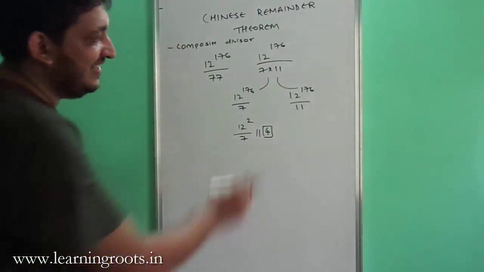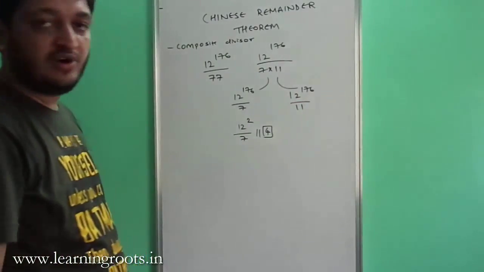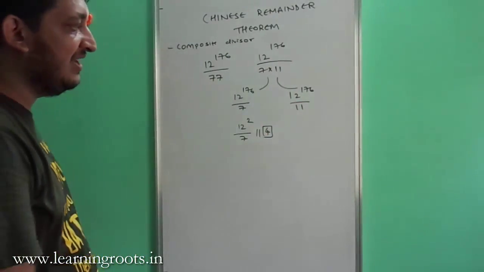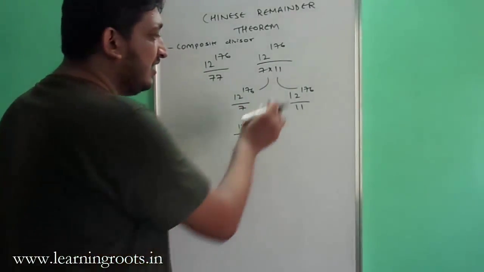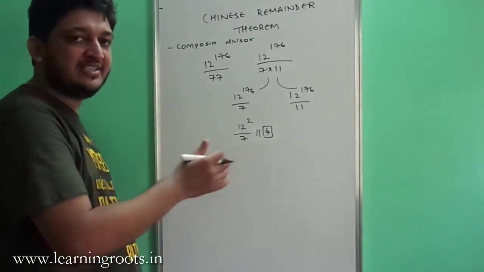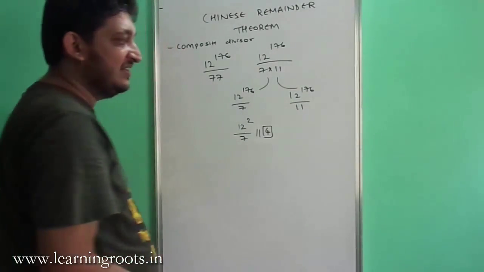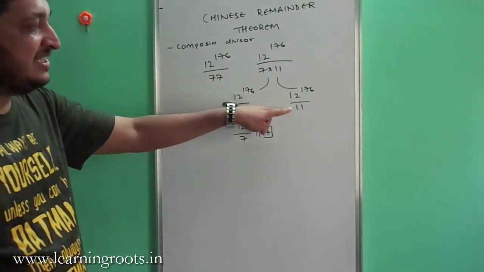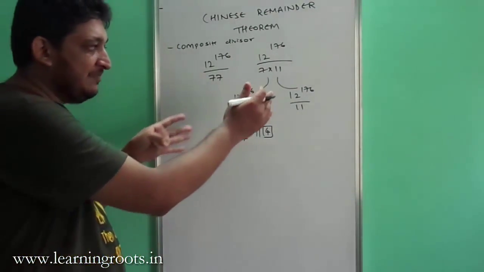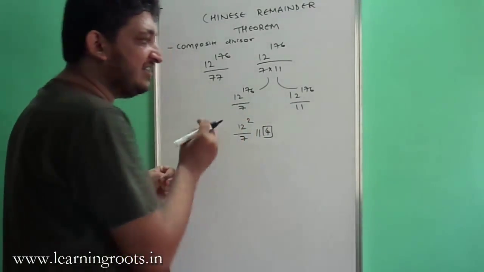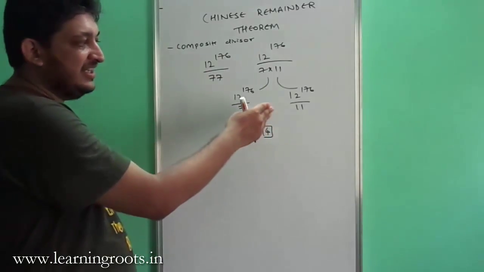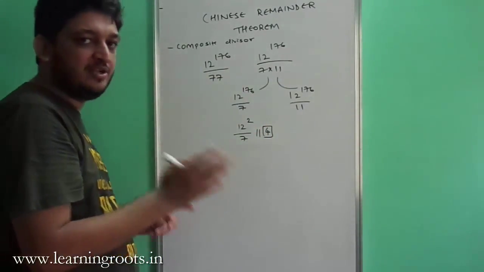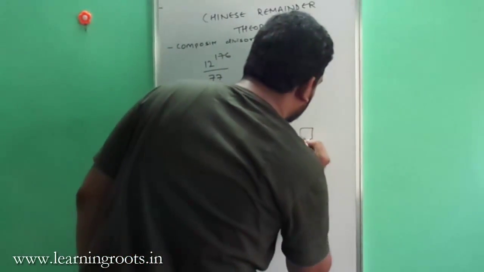Now if you are doing 12 raised to 176 mod 11, then the Euler number for 11 is nothing but 10 because it's again a prime number, so 11 minus 1 will be 10. So 12 raised to 176 will become 12 raised to 6 mod 11. But then again you can see that 12 is nothing but 11 plus 1. So if you expand it binomially, you will find that every other term will have 11 except the last term which will be 1. And so 12 raised to anything mod 11 will always give a remainder of 1. So the remainder in this case is nothing but 1.